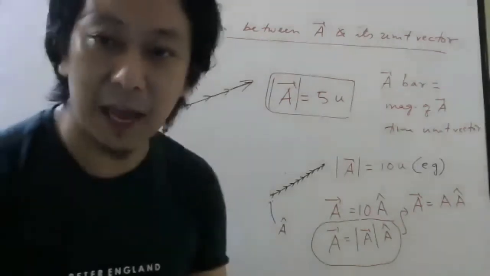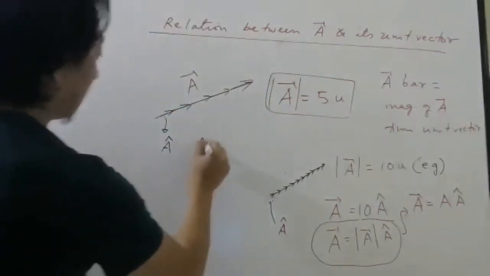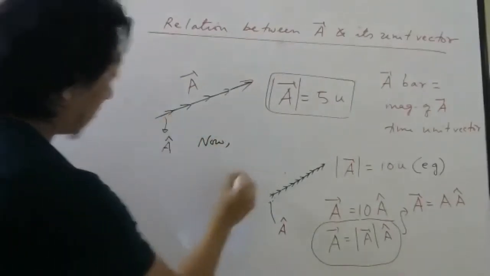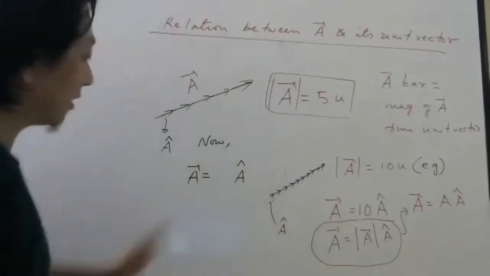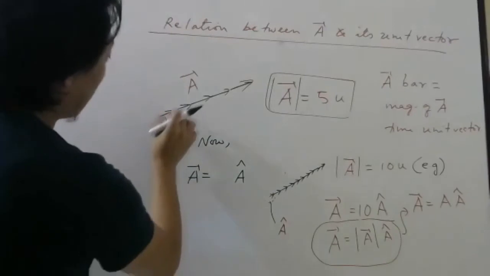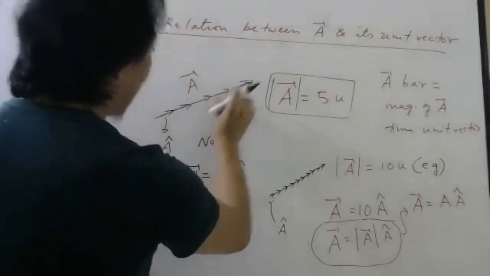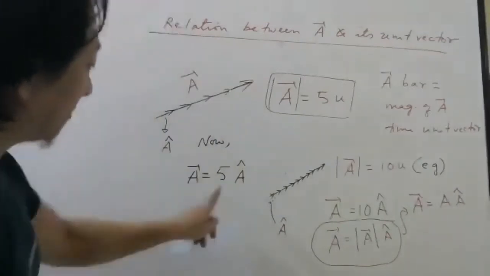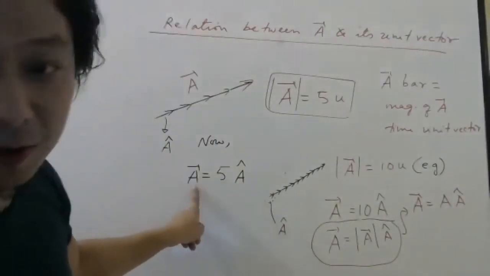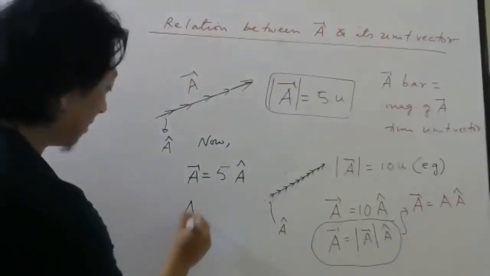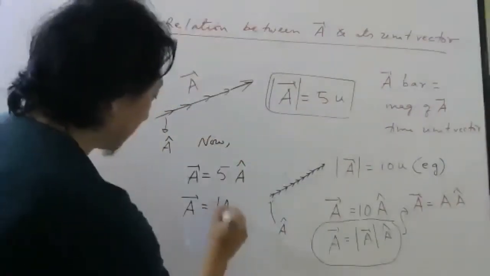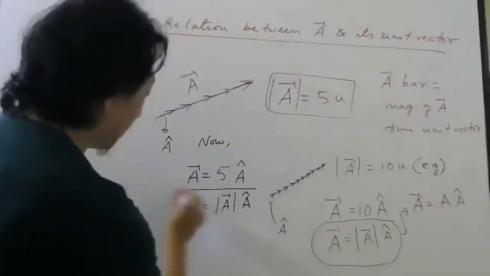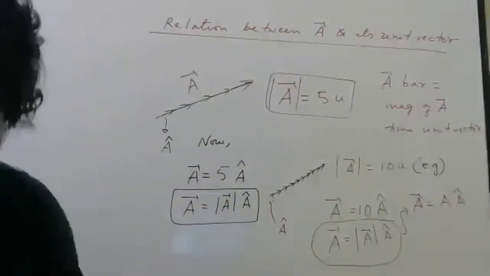If you want to write some other cap also, it is allowed. Now, this A cap obviously is not equal to A bar because the magnitudes are not the same. But if I do A cap 5 times, then I will get the original vector A bar. So that means I can write in place of 5 the magnitude. So this relation you try to remember, all of you. Let me ask you a question now.